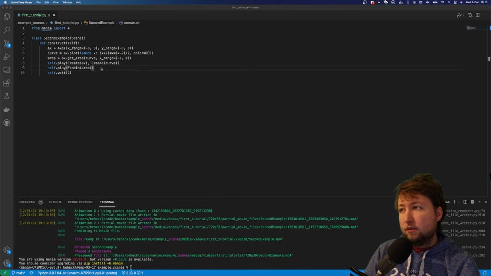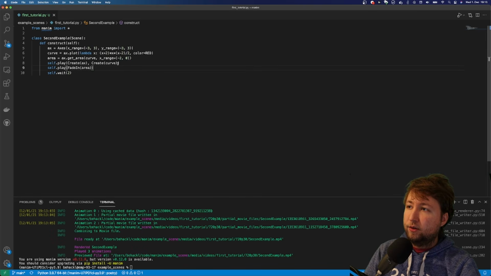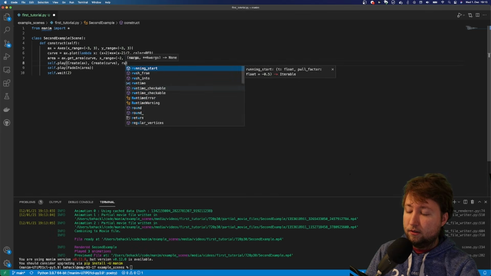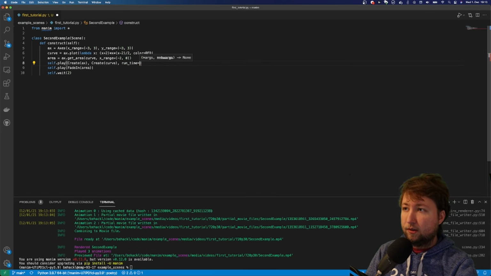I would like to make the creation of the axis and the curve a bit slower, because right now this happens very fast, and there is a simple keyword that you can pass to either the play call or the animations themselves, however you choose. You can add the keyword run_time. Run_time equals, let's put 3 seconds.